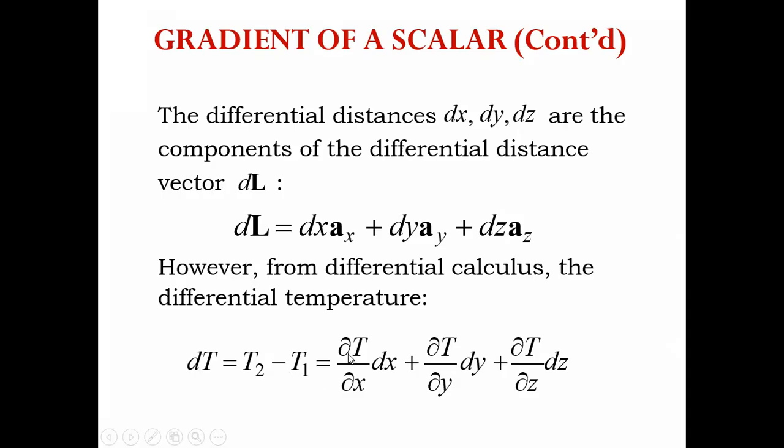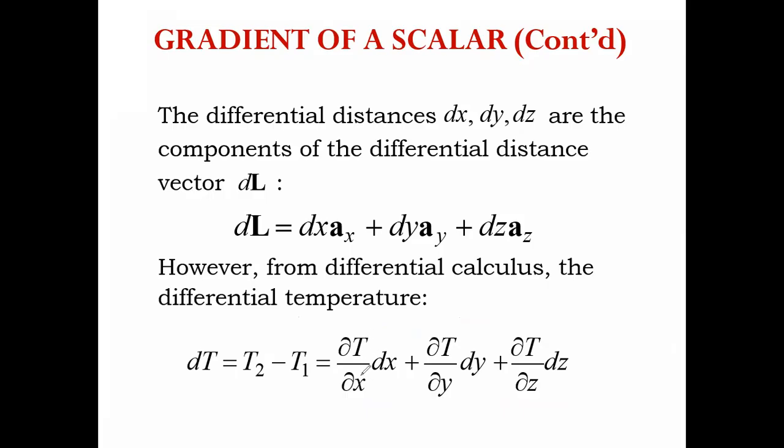So dT is del T upon del x dx plus del T upon del y dy plus del T upon del z dz. And very important, this expression, del T upon del x dx, del T upon del y dy, and del T upon del z dz. What is this? This is a representation of which mathematical identity? This is the del operator. But what I am asking is that as we are writing like this,